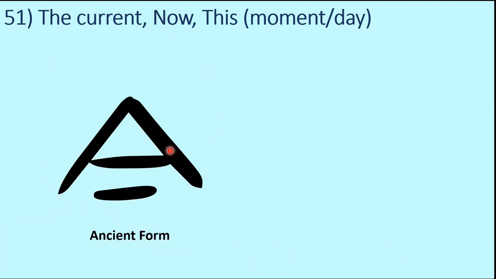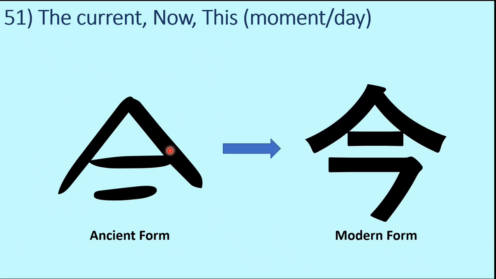Now, how or from where was this character evolved? So this is the ancient form of the character, and this is the modern form, which is our kanji character basically. So why was this character chosen, or what is the logic behind this? So as you can see that